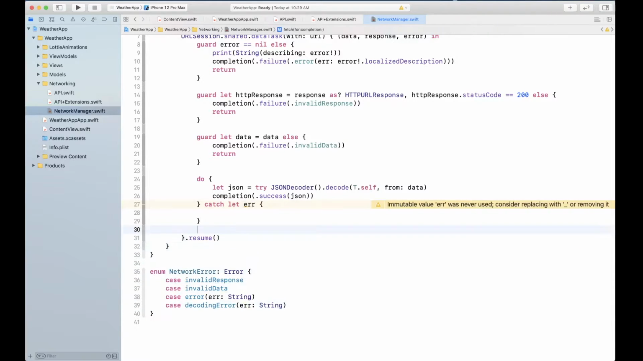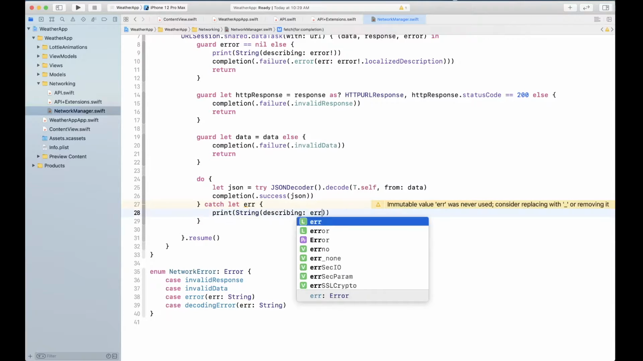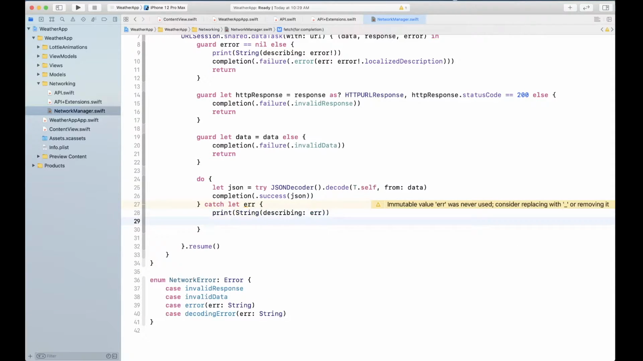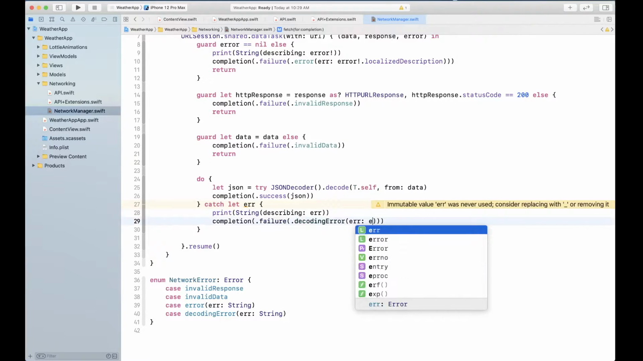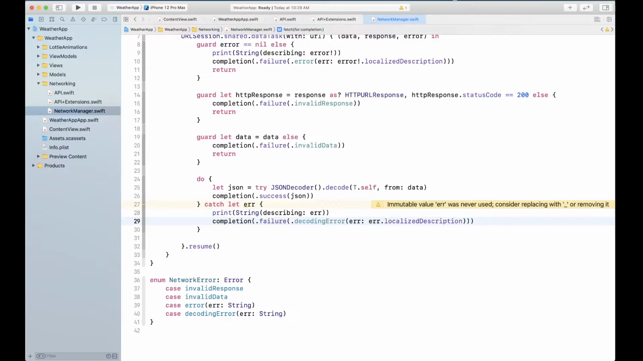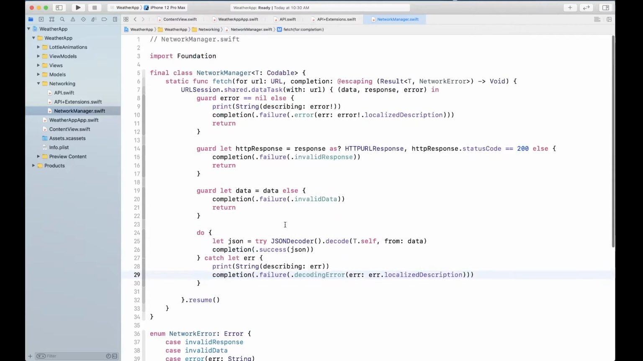Okay, and we're gonna first of all print the error. So let's print it with string describing error. Okay, and we're gonna also call our completion with failure, and this time we're gonna call decodingError failure error dot localizedDescription. Okay, and that is going to be our network manager, which is going to be responsible for making all the